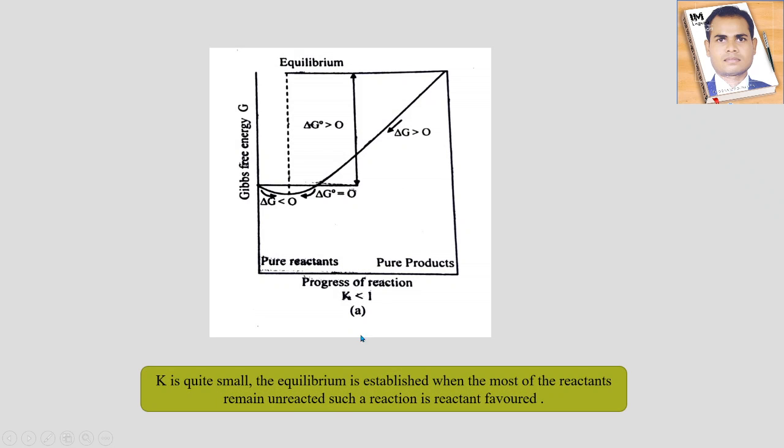Now you will see the first case, where you take pure reactant, and you will see the graph here. On the y-axis is Gibbs free energy, and on the x-axis you will see the progress of the reaction. The graph goes like this, and this is the equilibrium condition. So at the initial stage you will see here,